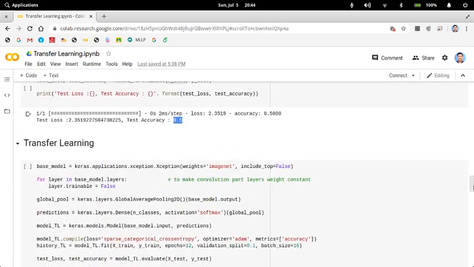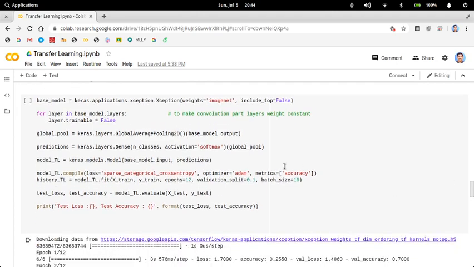Let's see transfer learning here. You take the model from the Xception database, keras.applications.xception. This application is going to take weights from ImageNet.